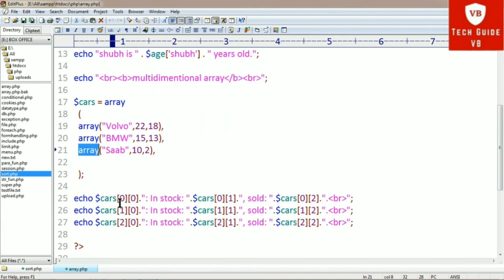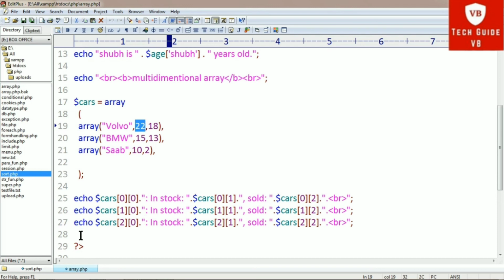And if we print 0 of 0, then it will print Volvo. If we print 0 of 1, then it will print the 0th row and first column, that is 22. So it prints Volvo in stock 22, sold 18.